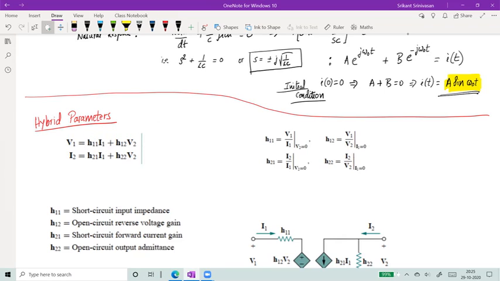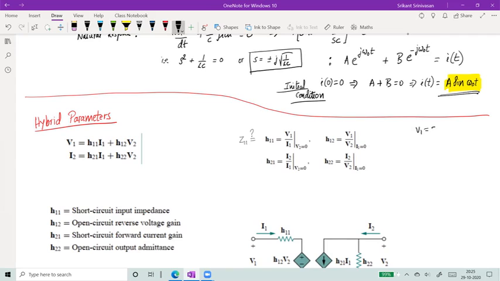H11 is V1 divided by I1 when V2 is 0, right? So if V2 is 0, this term is gone and you're left with V1 over I1 is equal to H11. So what is V1 over I1? It's the input impedance. Is H11 the same as Z11? Because Z11 is also input impedance, right? So is H11 the same as Z11? That's the question. Not really, because Z11 was defined as, remember that